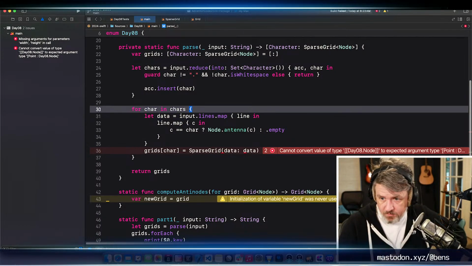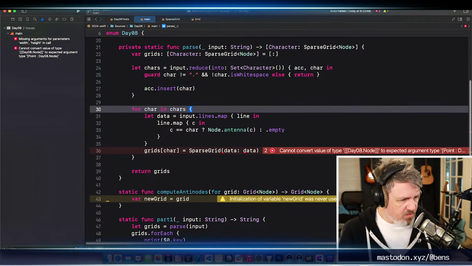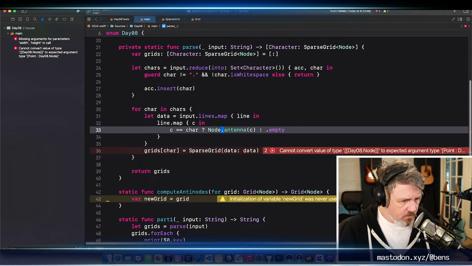Let's see, we need to compute the position for each one of these, and we won't be using empties at all.